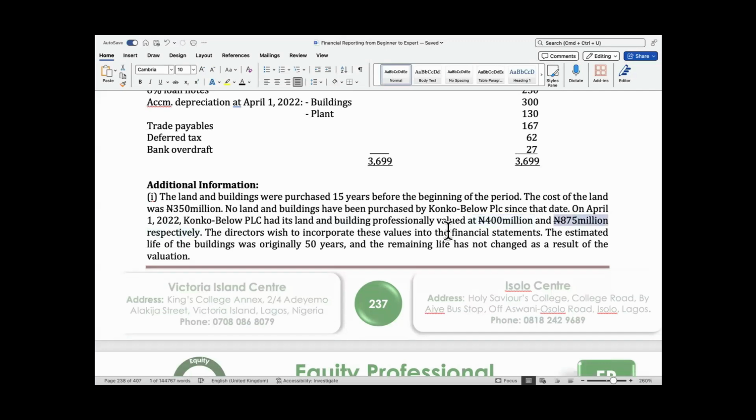So yeah, the directors wished to incorporate these values in their books. They don't even need to tell us this. We know that it has to be incorporated, except if they are not using the revaluation model. The useful life of the building is 50 years, and the remaining life hasn't changed. Okay, so you always find something like this in your books. And when it comes to PPE, because land and building is property, plant, and equipment,